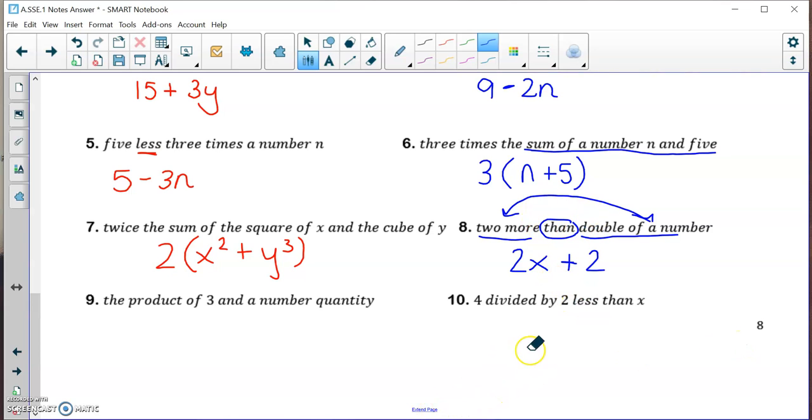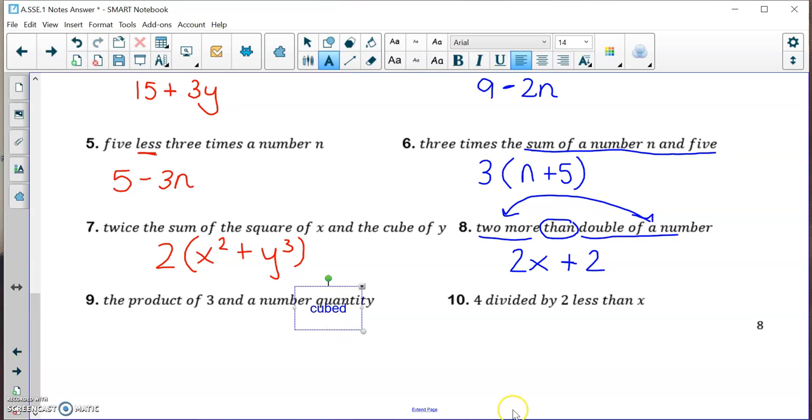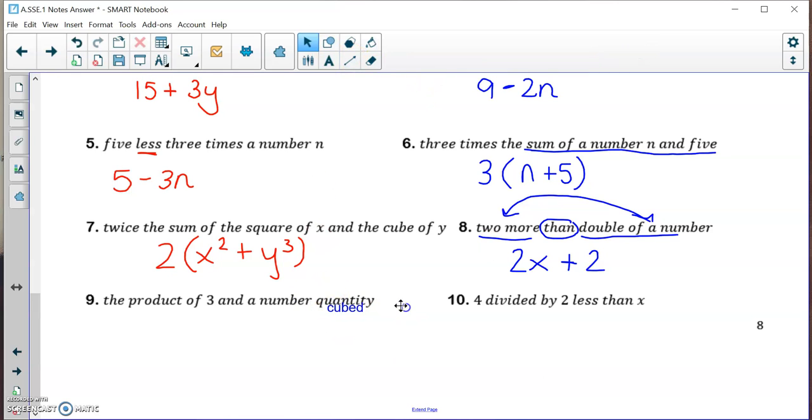All right, number 9, the product of 3 and a number quantity. This should be a number quantity cubed. On yours, it does say that. On mine, it does not. So the product of 3 and a number quantity cubed. There's 2 ways to interpret this, and I would accept both. You could read it like this. The product of 3 and a number quantity, meaning that just the number